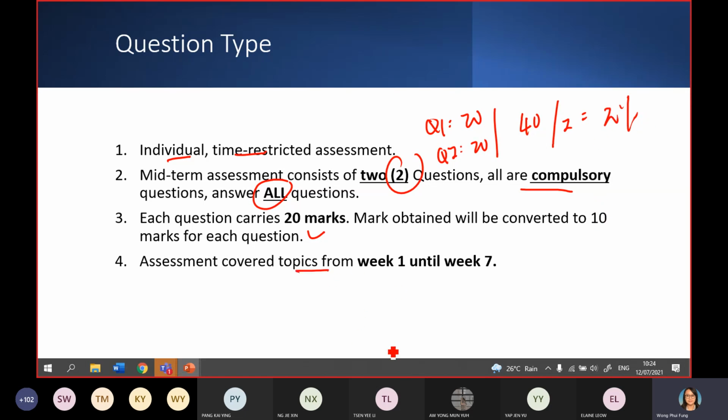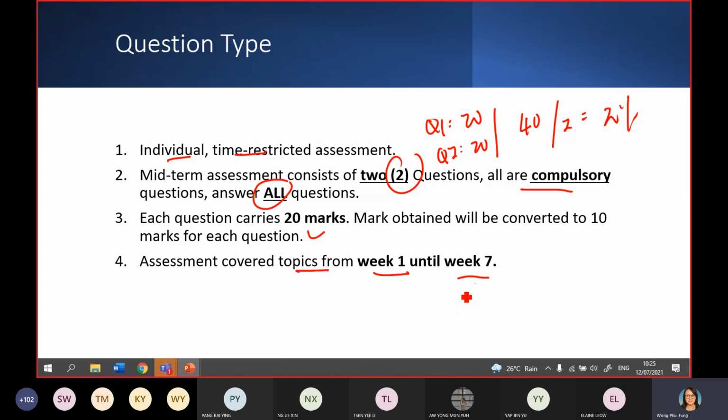The topics will be covered from day 1, week 1 until week 7. Okay, I think we cover until market research, from microeconomics until market research. So don't ask me which topic is very important. For this course, development economics, property development, all chapters are very important because they are linked together. So even though now I talk about market research, I always link back to microeconomics, macroeconomics. So actually, all chapters are very, very important.